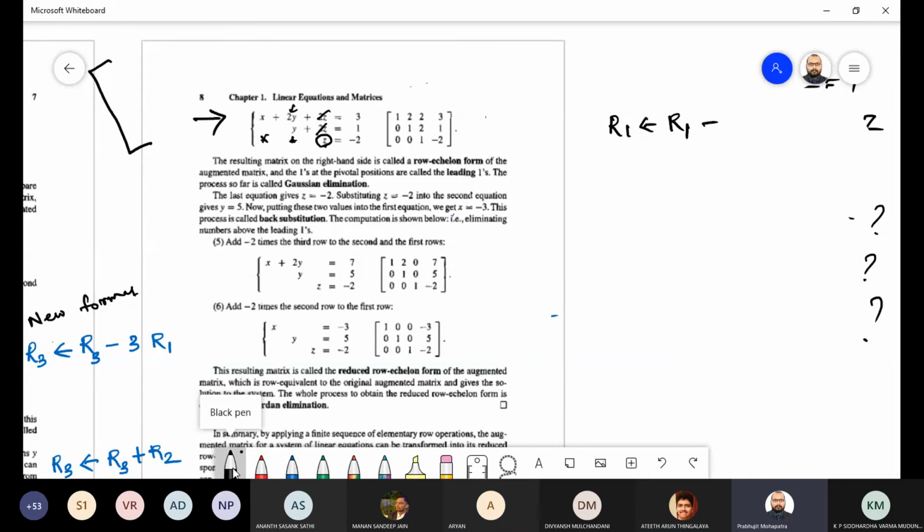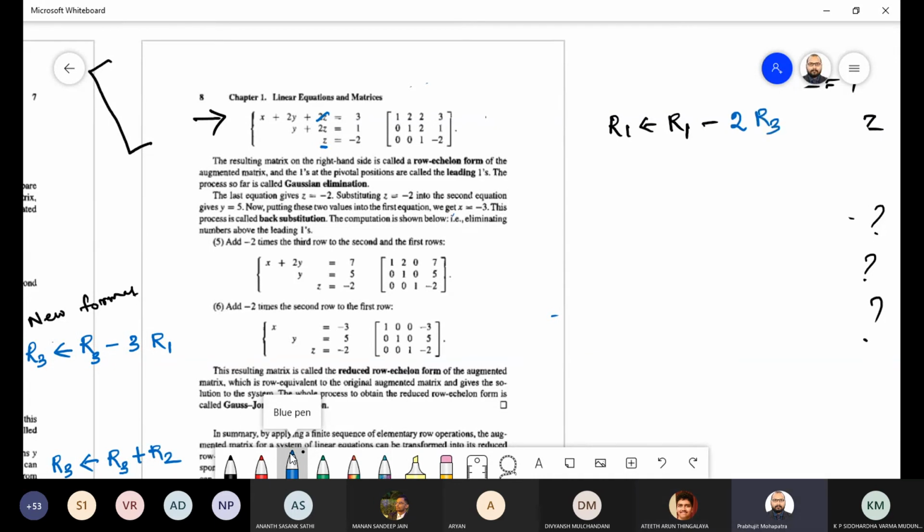So you see what is the simpler way. Do not make it more complicated. To remove this z, better you take row 3, because here there is no x, no y. These positions are fully empty. Z is fully independent there, having no x, no y. So better you take row 3. So row 1 as row 1 minus 2 times of row 3.